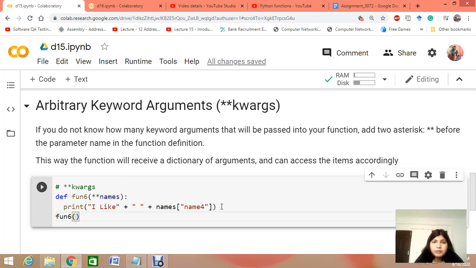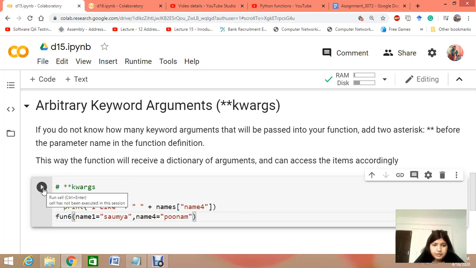Let's say name 1 is equal to, and name 4 is equal to, and